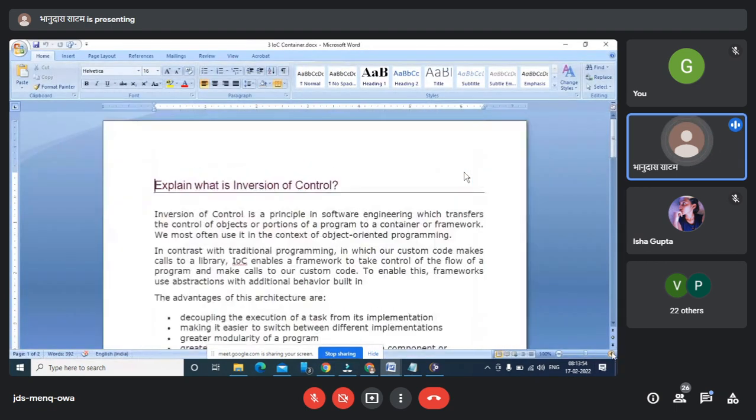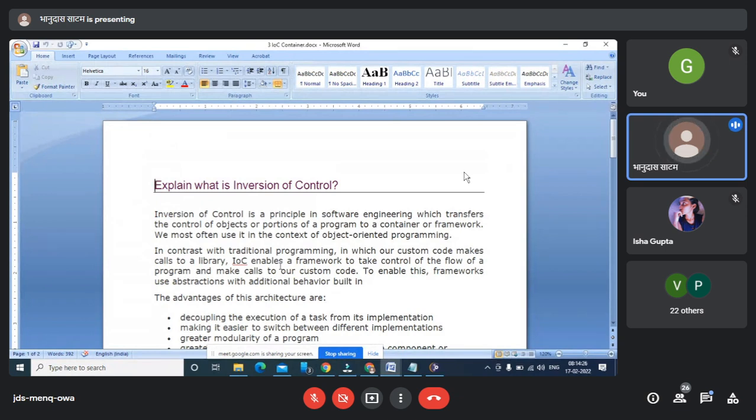So the second question people may ask in theory is, what is inversion of control? See, previously what you people were doing is creating a class, creating an object, and calling the respective method. So there is tight coupling, or you can say it's one kind of joining where your class and the functions are put together inside a single unit called a class.